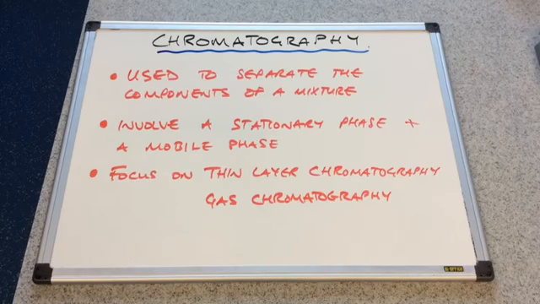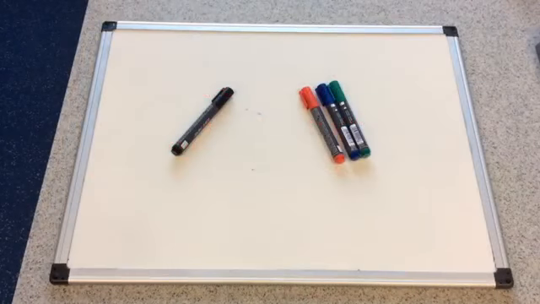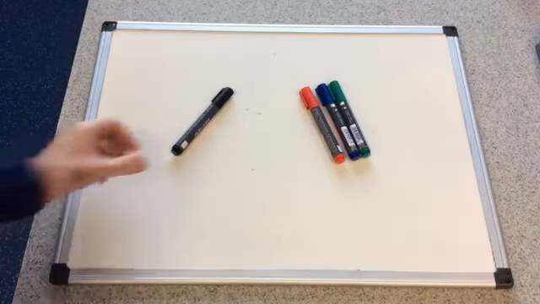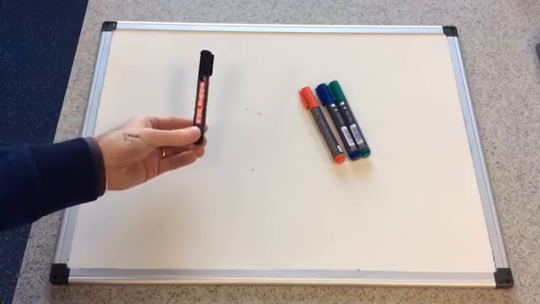And like I've just said, two types of chromatography. We're focusing on thin layer chromatography, or TLC for short, and we're looking at gas chromatography as well, and that's GC for short. So the classic chromatography experiment is paper chromatography, where you'd take something like a black pen and